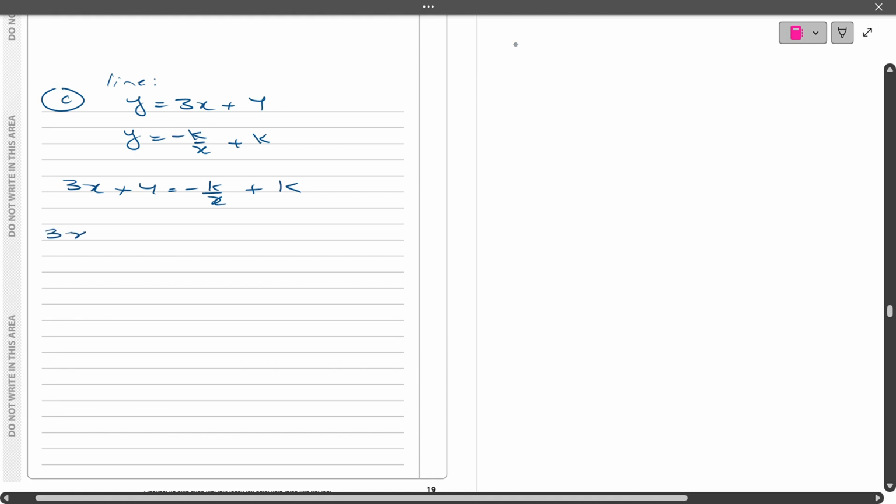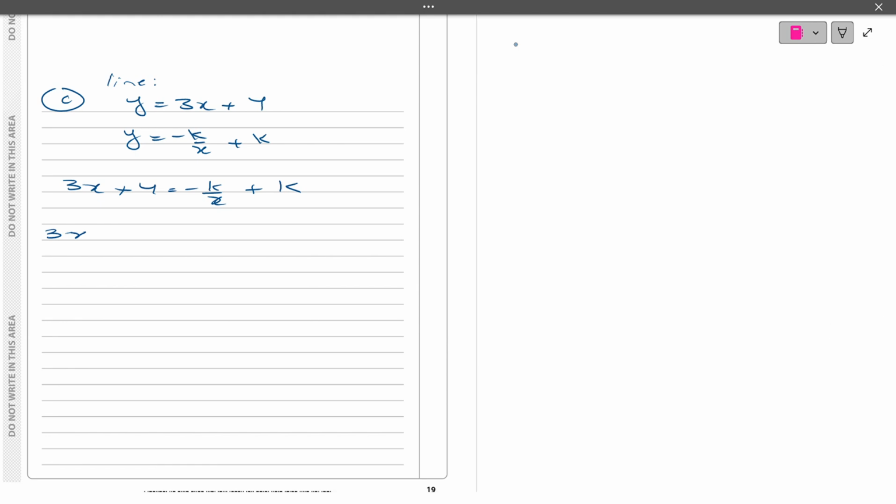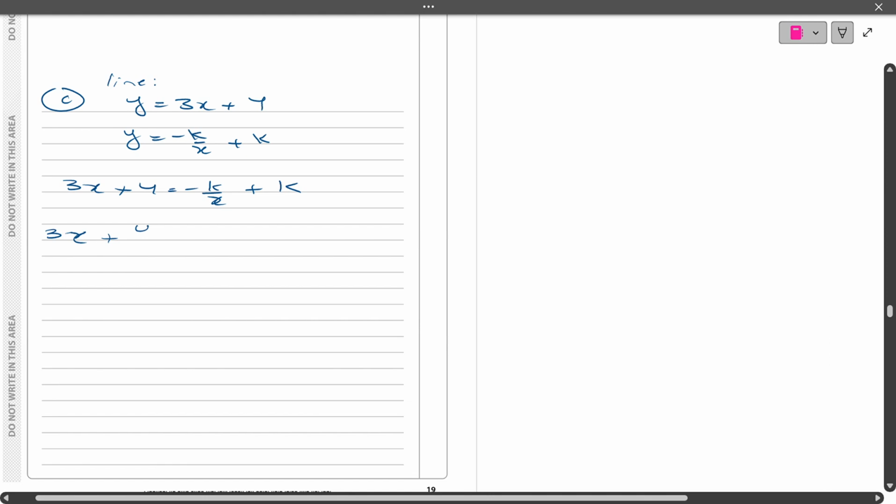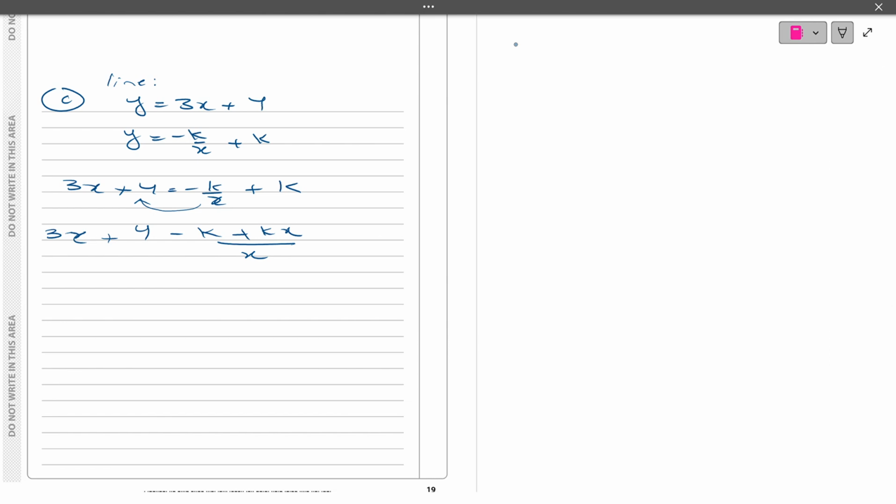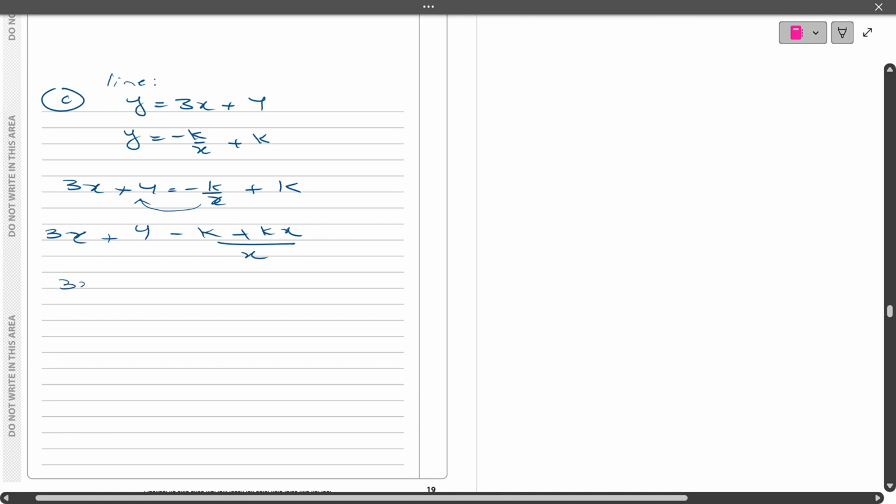3x, I cannot multiply first. What I can do first is take the LCM, then I can get rid of the denominator. Minus k plus kx over x. Never make the mistake of moving x here, because you cannot take x to the other side unless you have a common denominator. Okay, so now 3x plus 4,